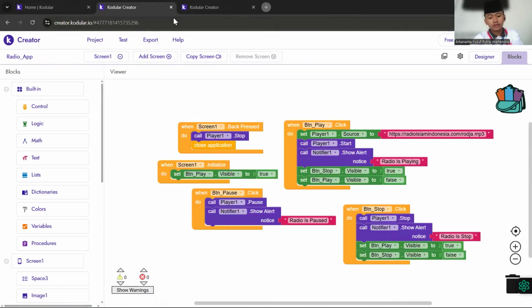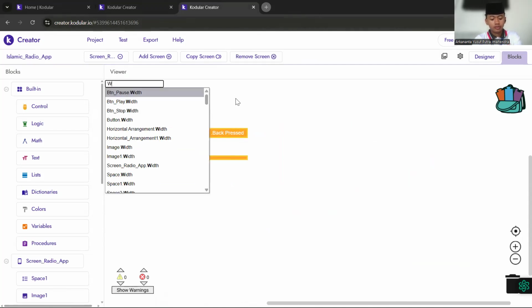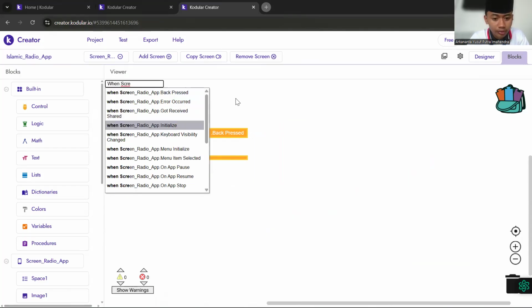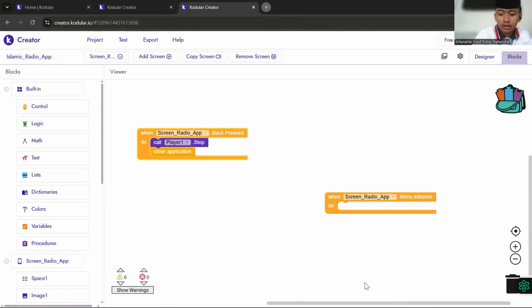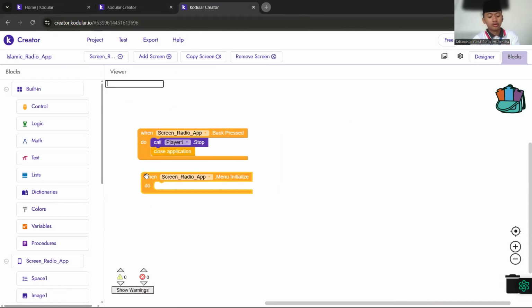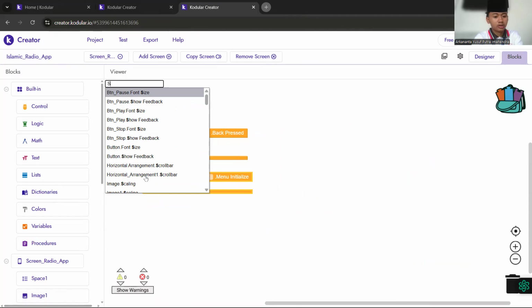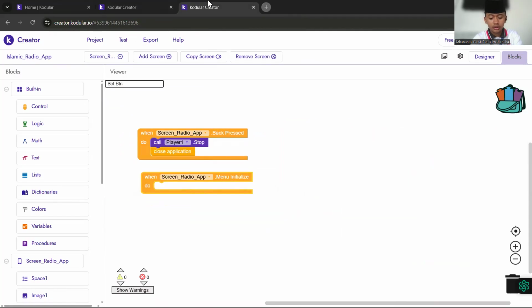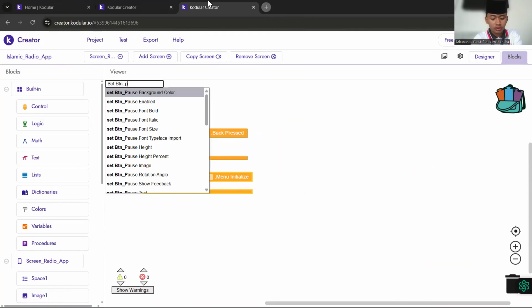Then the next code is when screen radio app initialize, do set btn play visible.